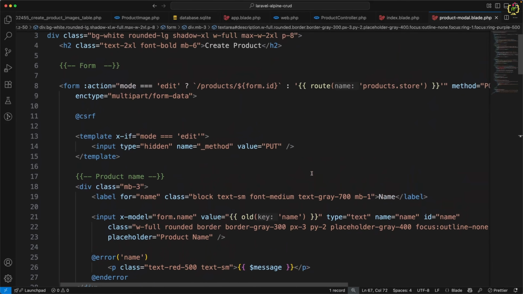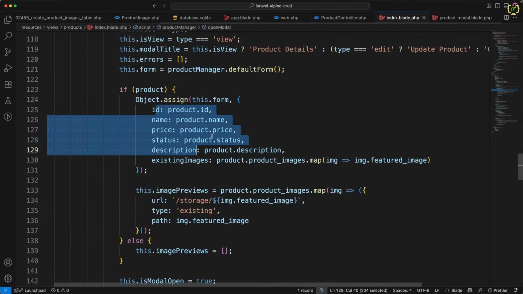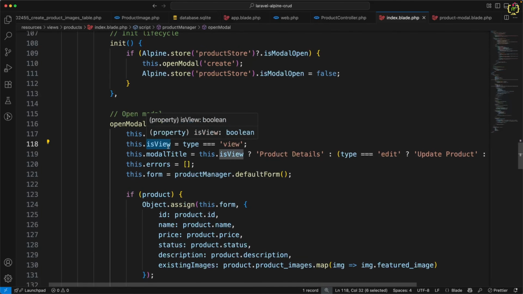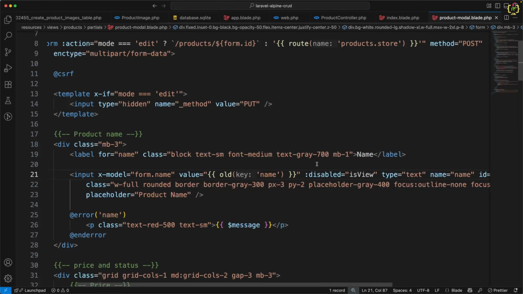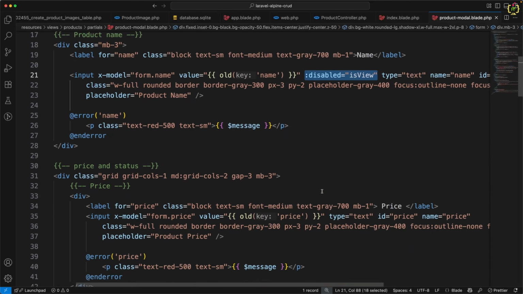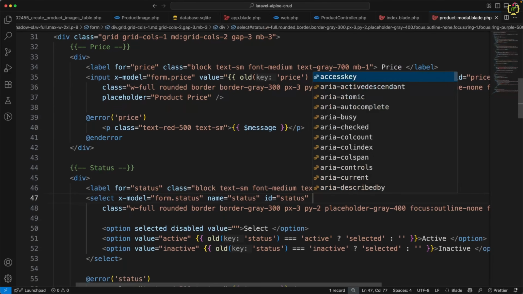So let's start from name, and here we'll have to use the readonly attribute from Alpine, which will be like readonly, just like this. And it will be readonly only when we have is view set in the form. So we already defined one state for this as is view. So when this will be true, all these fields will be readonly. So let's copy and apply for other fields. This is for price. Here we have the status,